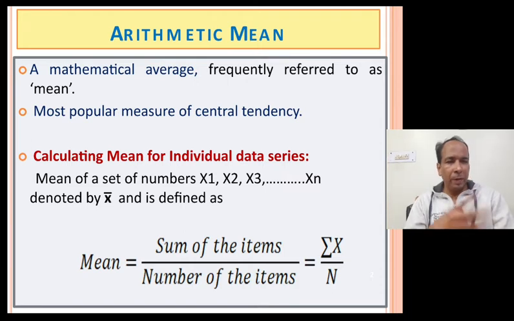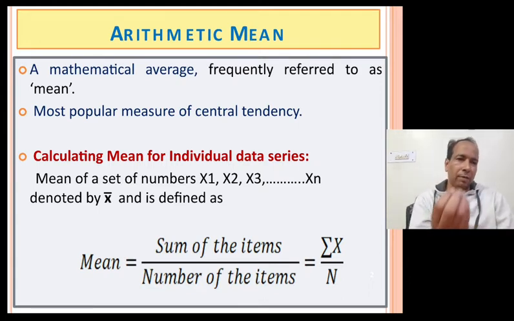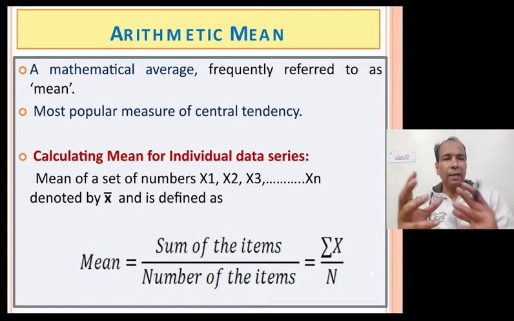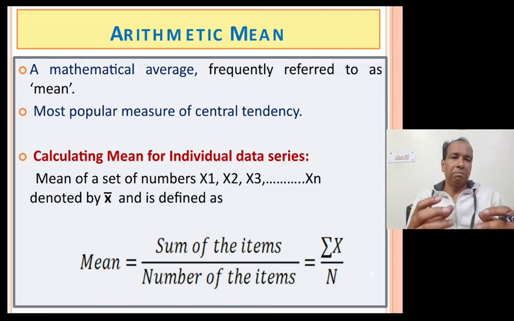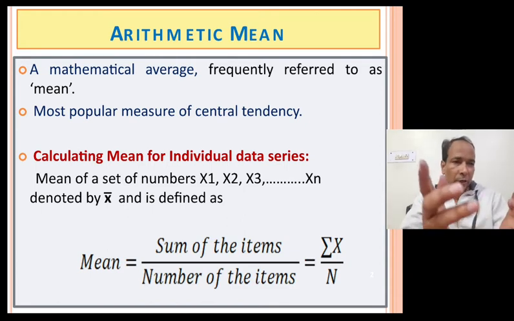So we will be learning for three kinds of data set how to calculate mean or average. As I discussed with you, if the data points are single and every single value is identifiable, that series is called individual data series. When the data are in group, they may be called discrete data or continuous data. So let's see how mean can be calculated for individual data series.